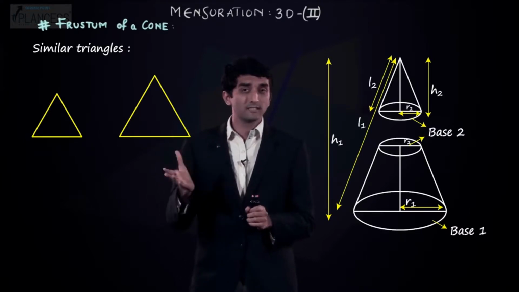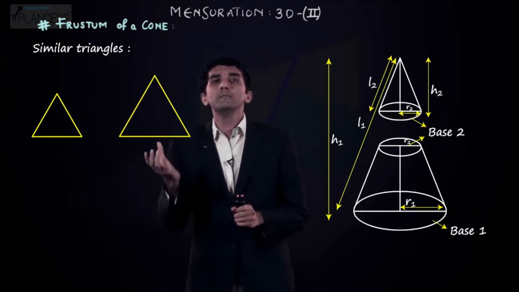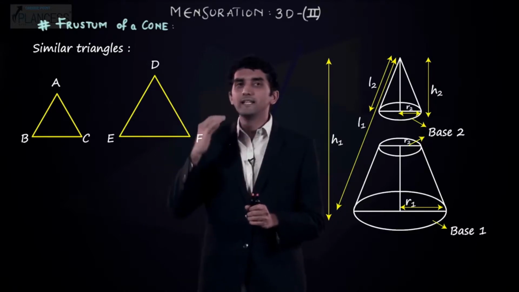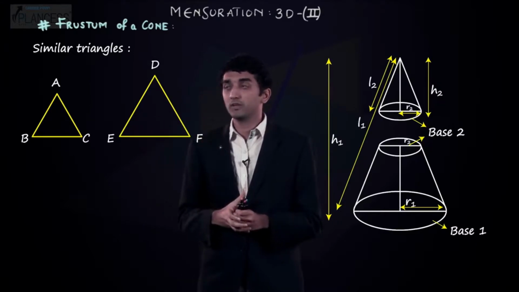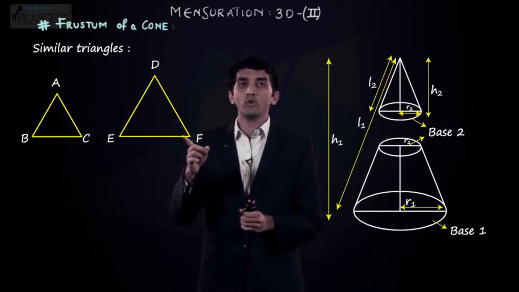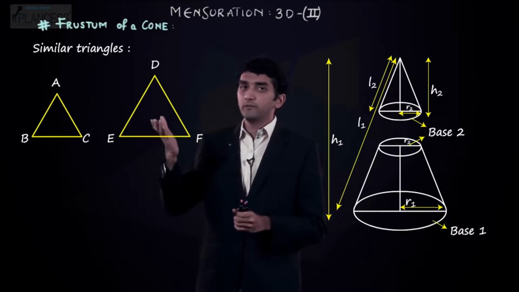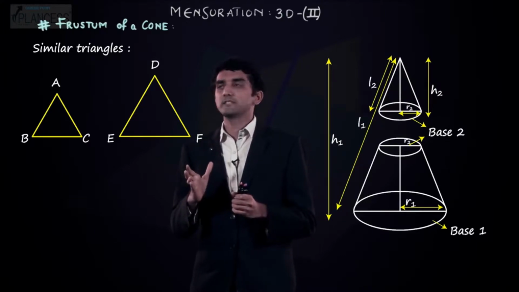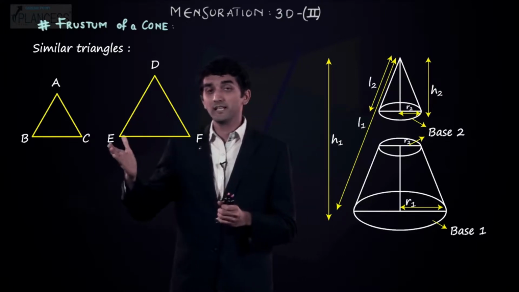Similar triangles, as the word suggests, are similar in nature. So basically ABC and DEF, these are two triangles I'm talking about. If you see, they are similar in nature but they are not congruent. So basically if two triangles are similar in nature, what generally happens is, if I say that triangle ABC is